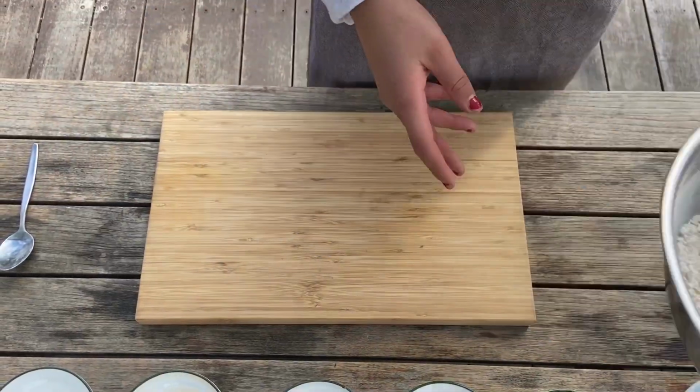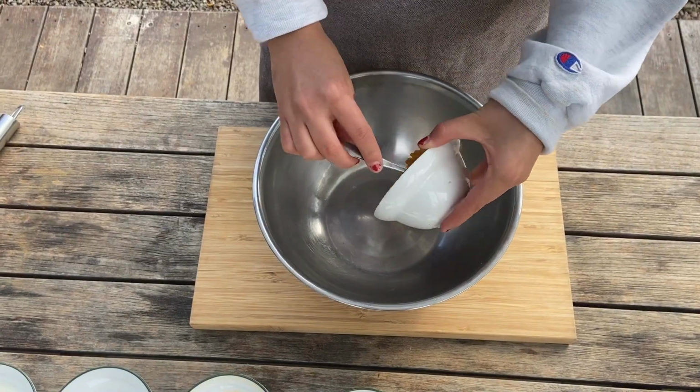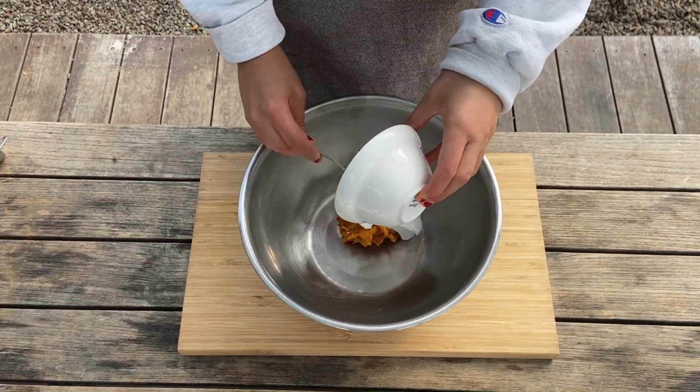Dry ingredients to the side, moving on to the wet ones now. So we're going to start off with our farm-grown pumpkin puree. So we just roasted these pumpkins in the oven for about 45 minutes with some brown sugar and cinnamon. We've also got our coconut yogurt,